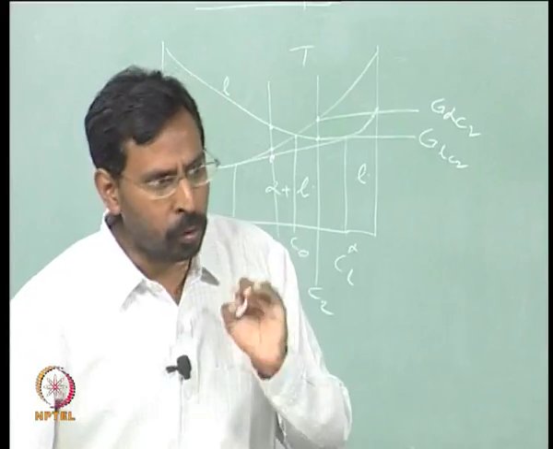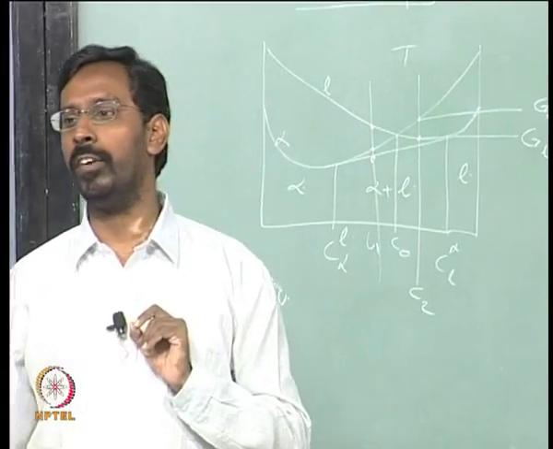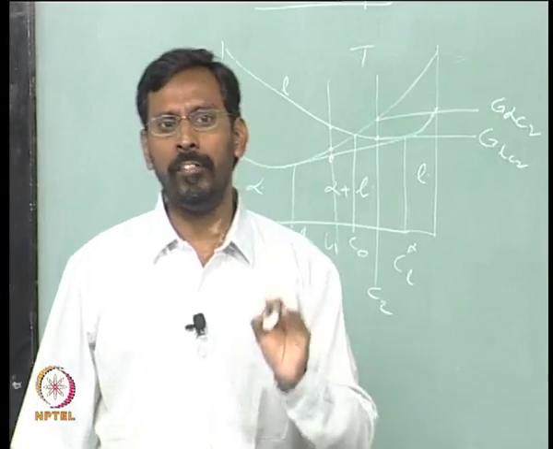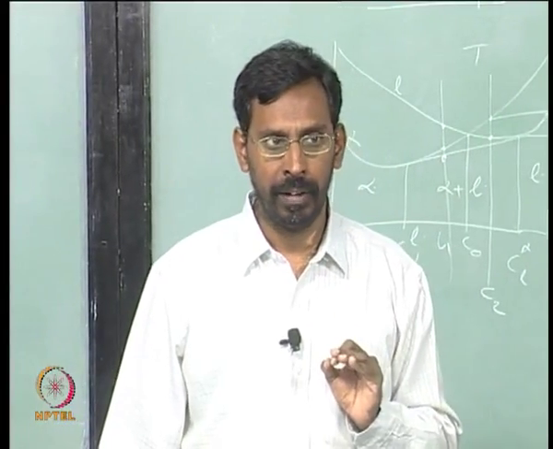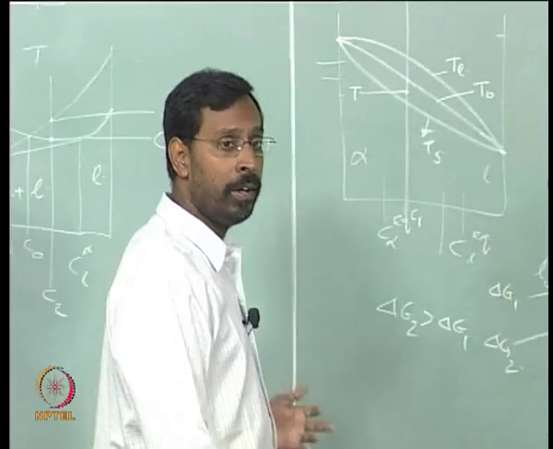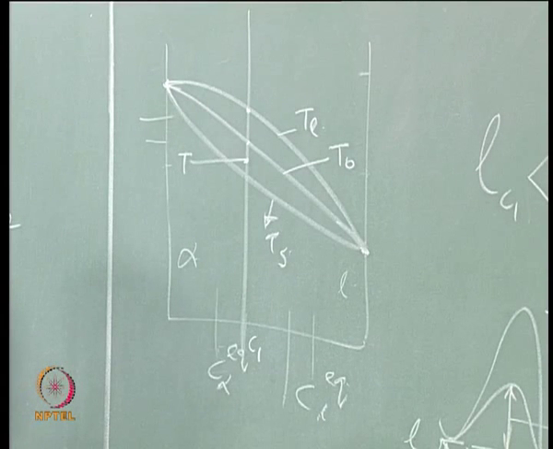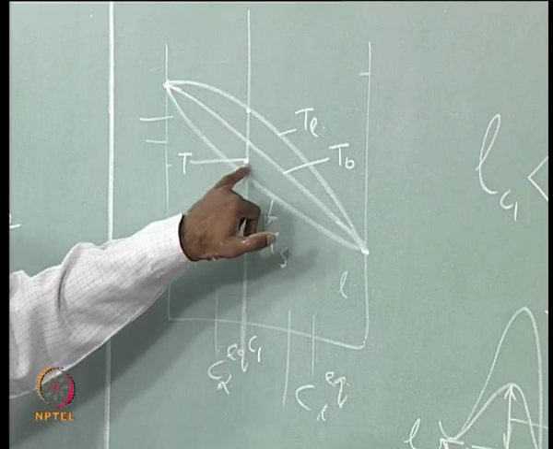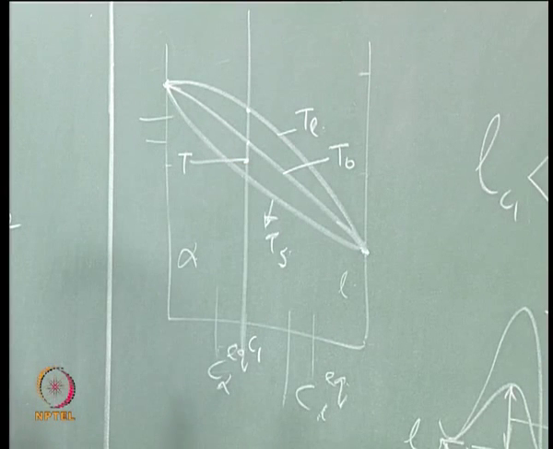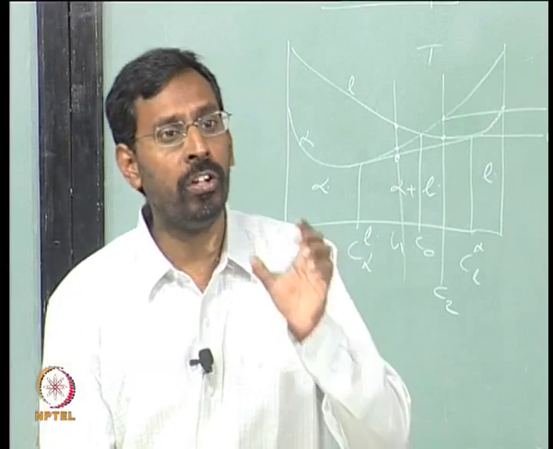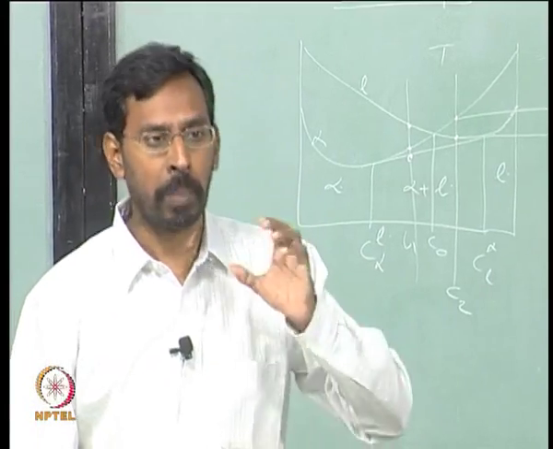Yes, when I say undercooled the liquid to temperature T, that means until you reached T, the liquid remained as liquid, it did not transform. Otherwise, in principle, when you are cooling this alloy, the solid should start forming here under equilibrium conditions. If it is normally cooled, by the time you reach this temperature T, already some solid should have formed and some liquid is left. So if you simply say I am cooling the liquid to temperature T, it means solidification has started, but the moment you use the term undercooled, it has a special significance.